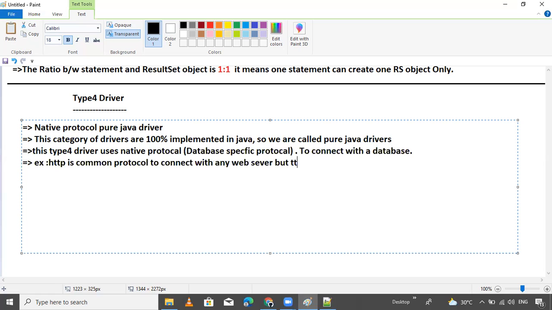But TCP is a native protocol, a data transfer protocol, the Transmission Control Protocol, used only to connect with the Oracle database.